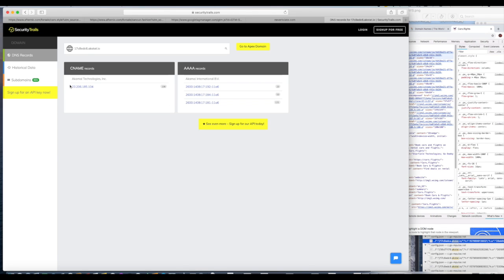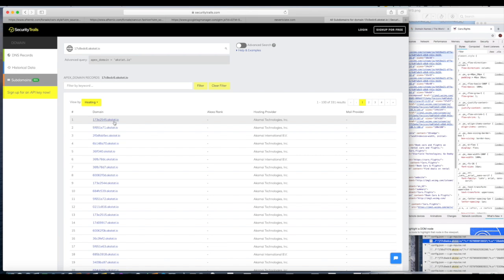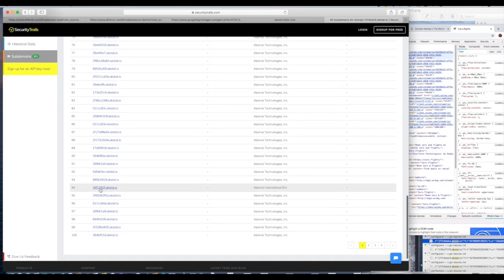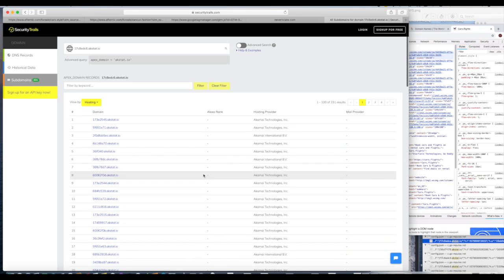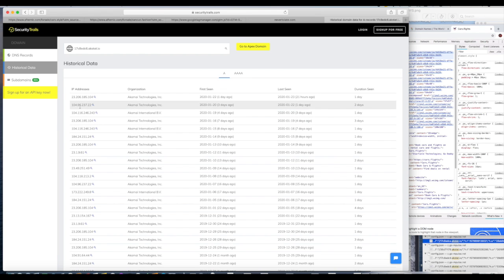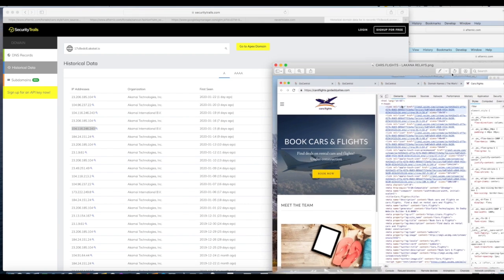And there it is. Now, they made changes yesterday. They've added this domain as a subdomain underneath probably Kayak or Expedia. And I'm guessing it's both of them, because look at all these other subdomains. I ledger my domains. So they're on this server, but they made a change. And here's the change. Let's go to historical data for a second. Right there. For a while, they've been using that IP address, because 2 days ago,